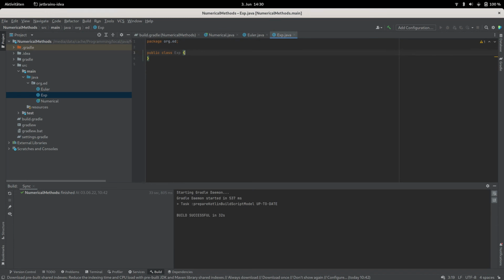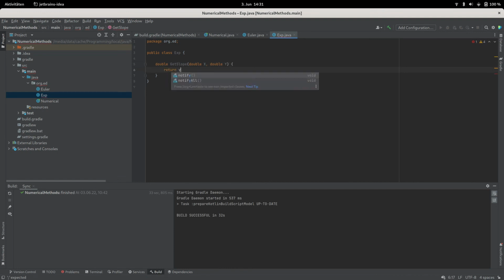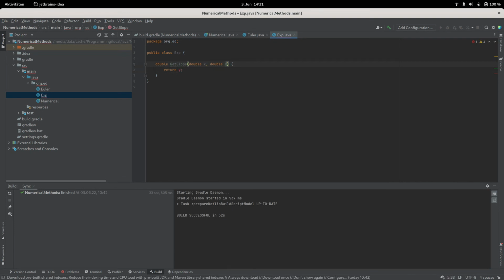And exp has a function in it which gives a double back, and getSlope is the name of the function. It takes a double x and a double y, and all it does is return y. These should be written small, shouldn't they? Because we're now in Java land, not in COBOL land. Okay, and the Euler function, what it will do is it will say